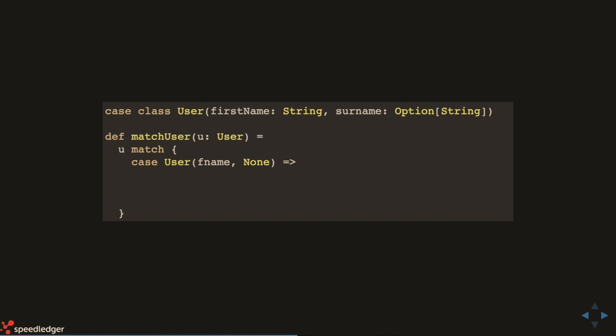But the second parameter, the None, is actually a filter. So it means that it's only going to match this first case if the user doesn't have a surname. And then we can print out the first name and just say that, yeah, we didn't have a surname. So it makes really powerful matching without ifing, and you get rid of a lot of nesting because you can check several things at the same time. And I would still claim that it's quite readable.